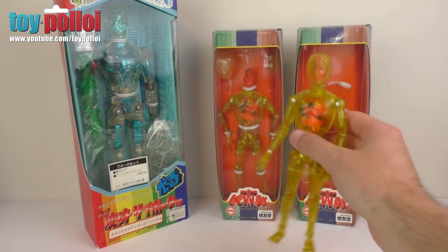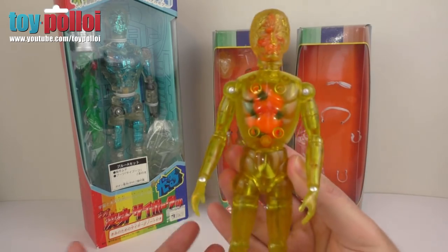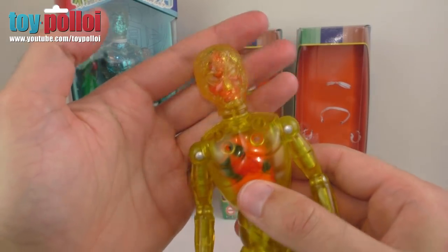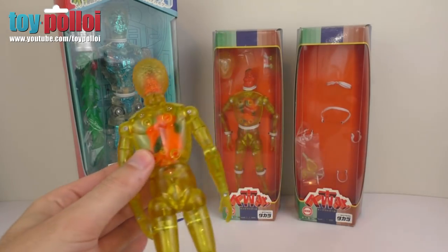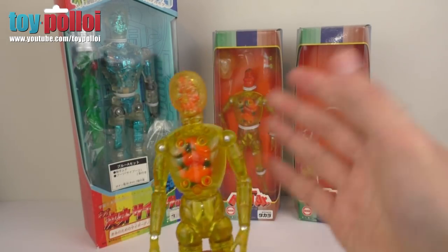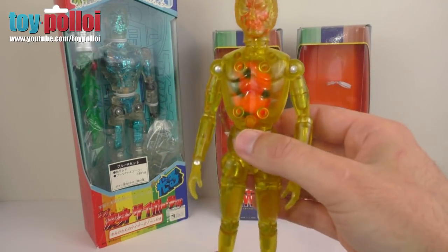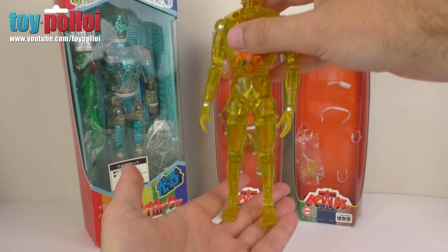As you can see, I got a reissue version of, this is King Walder Jr. Now if you're in the UK you would know this shape of the head as a Muton, but in Japan he's called King Walder, and this is a reissue from around 2000 in a nice neon yellow colour. Now Ishii had quite a few of these in boxes, so I actually picked up two. This is just one I've opened so you can see what the figure's like, because I do quite like this scale of figure. He's about